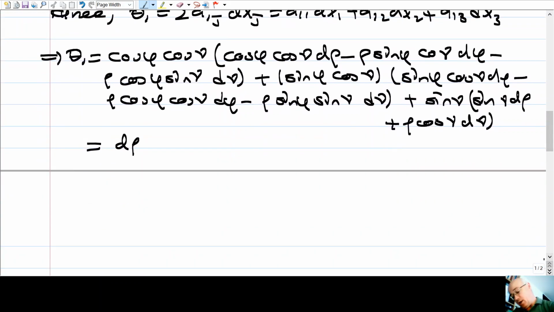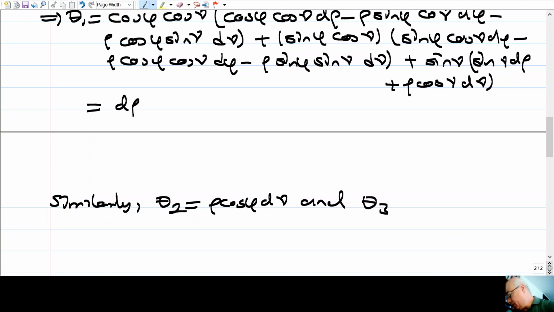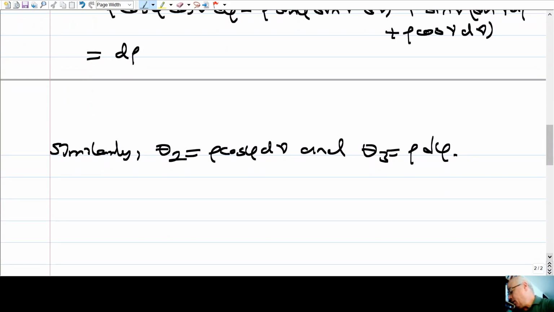Well, one can calculate similarly theta 2, which is just rho times cosine phi d nu, and the third one, theta 3, is rho times d phi. Okay,